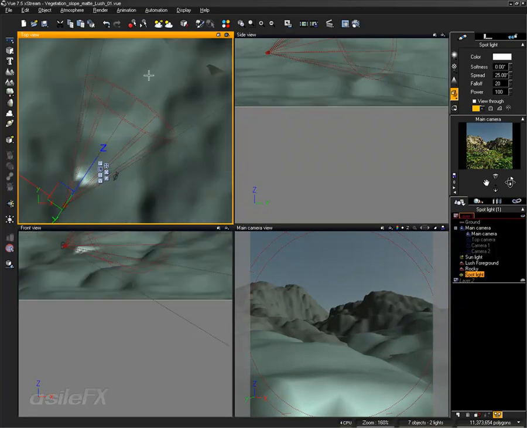And you can already start to see within the OpenGL where the light is projecting. It's going to show the camera projection mainly in the top view. Of course, we do need to increase the power. Now, if you want to be more precise about the way this is going to look, and really keeping within